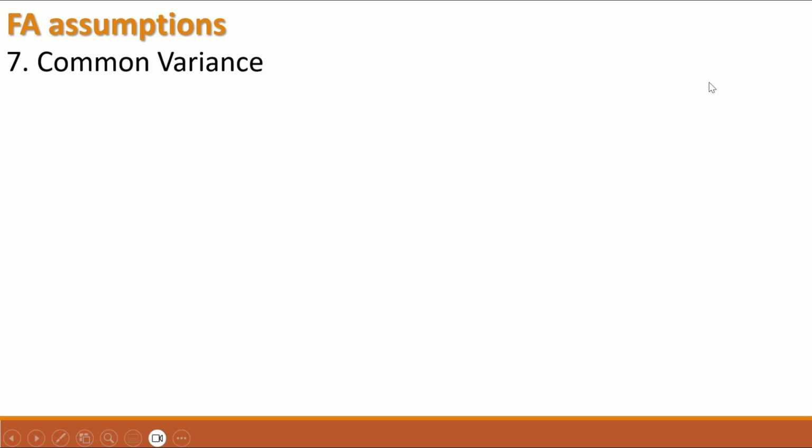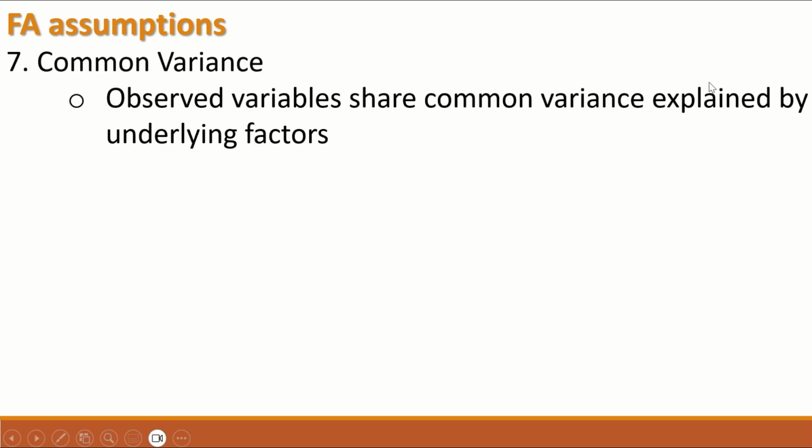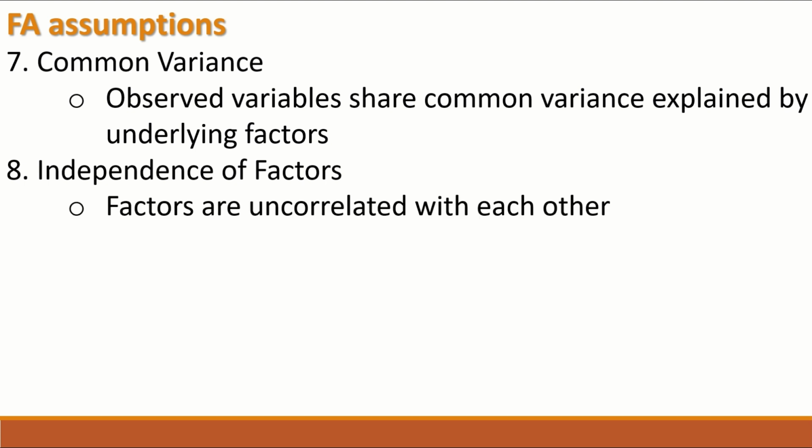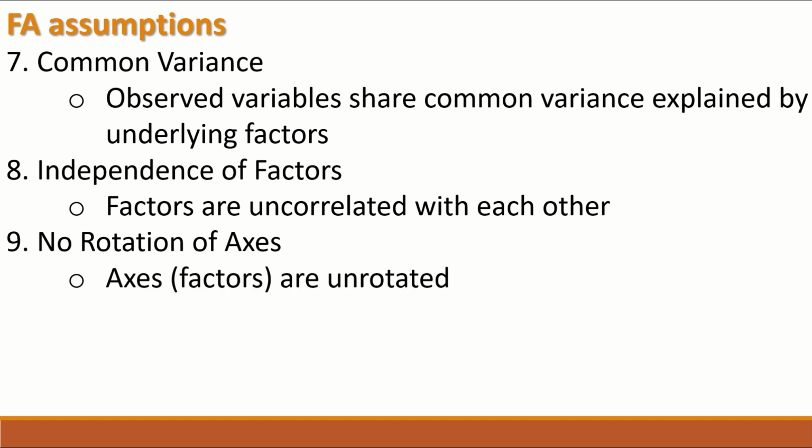The seventh assumption is the common variance, which states that the observed variables share common variance explained by the underlying factors. The eighth assumption is independence of factors: factors are uncorrelated with each other. And the ninth assumption is no rotation of the axis: factors are unrotated at the initial